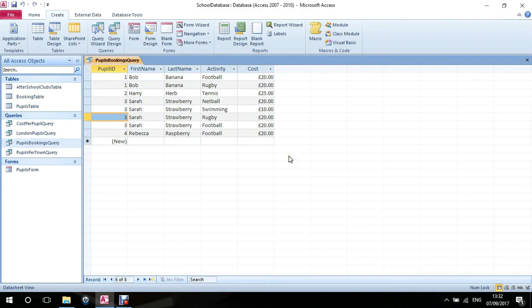Hello, today I'm going to show you how to create a report in Access 2010. First of all, I'd like to show you the data set I'm using. So here's my data. It's a query within my school database, and the query shows the pupils, the after-school activities they've booked, and the